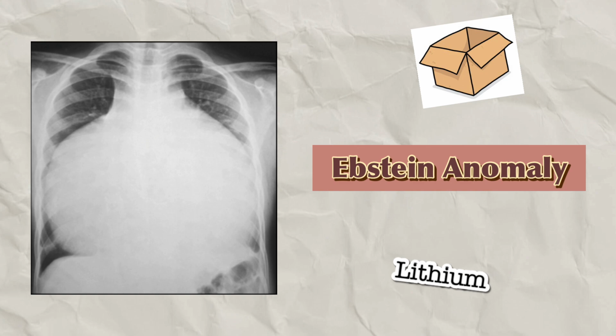Ebstein anomaly, an unusual and rare cyanotic congenital heart disease with diminished pulmonary blood flow, results from an abnormality of the tricuspid valve. The posterior as well as the septal leaflet of the tricuspid valve is displaced downwards to a variable extent. The result is an attachment to the posterior wall of the right ventricle. In addition, the leaflets are malformed and fused, resulting in obstruction to flow of blood into the right ventricle. The portion of the right ventricle above the leaflet attachment thins out and is called atrialization of the right ventricle.